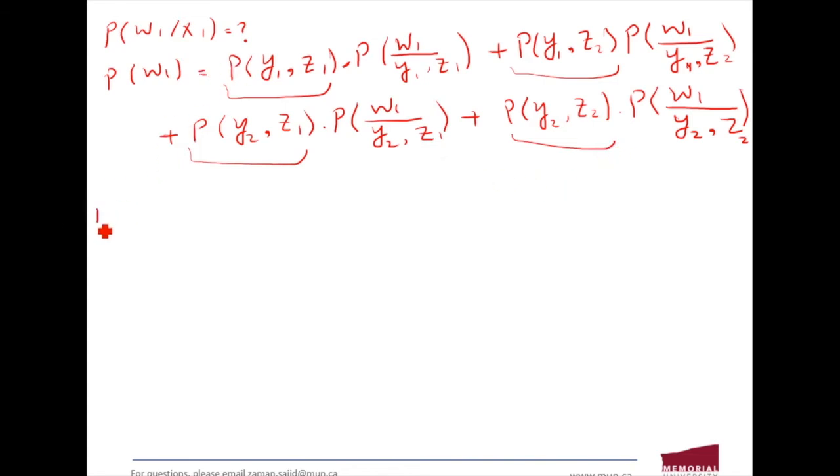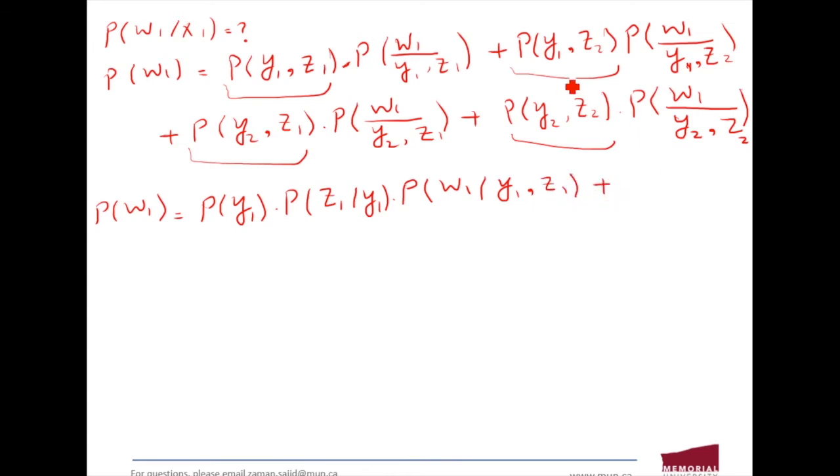So my probability of W1 will be equal to, now the relationship between Y and Z, it will give you the probability of Y1 times the probability of Z1 given that Y1, times the probability of W1 given Y1 and Z1, plus this relationship, the second term, which is the probability of Y1 times the probability of Z2 given that Y1,